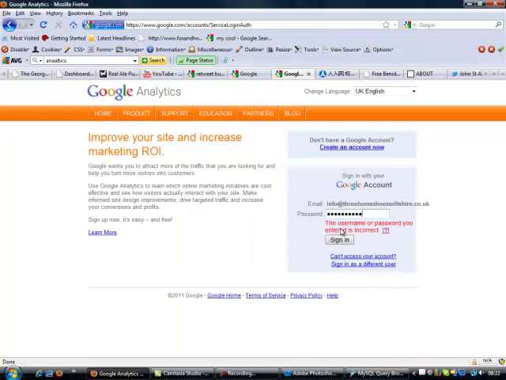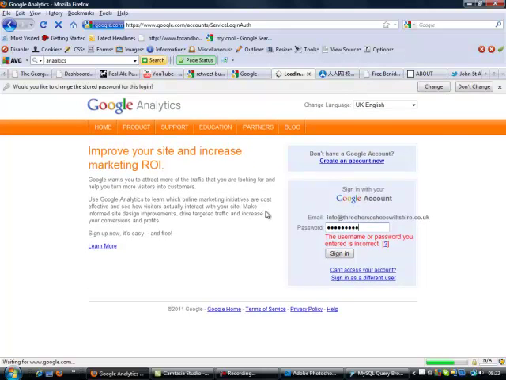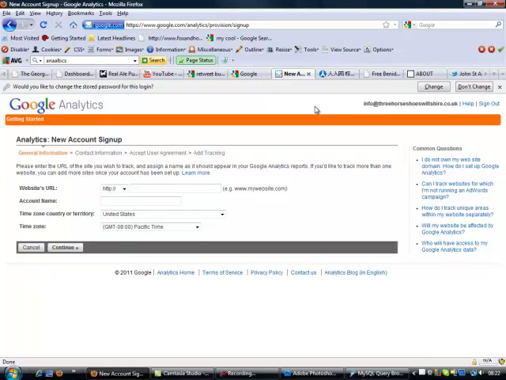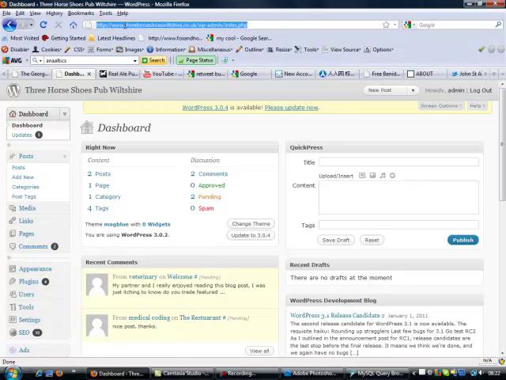sign in with my username and password that I've used to create the Google account. You need a Google account for all Google products. So here we have it. It's going on this domain, which is the Three Horseshoes